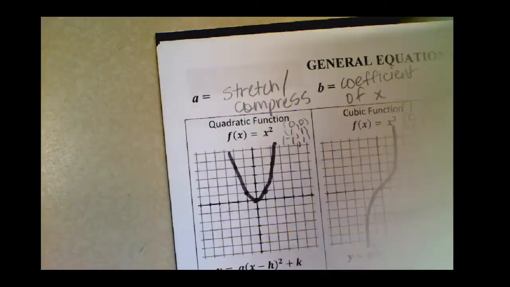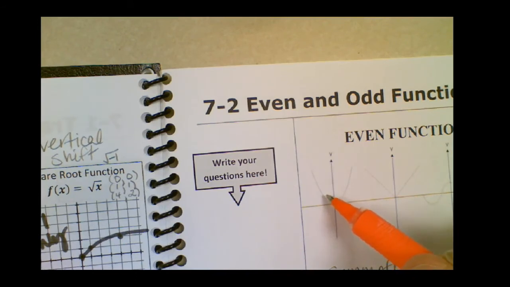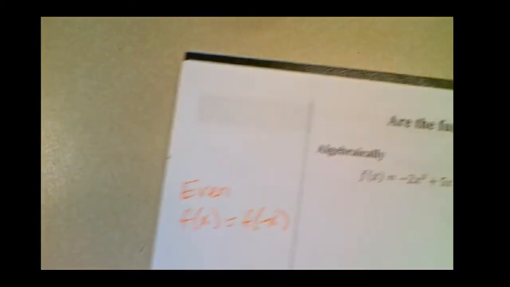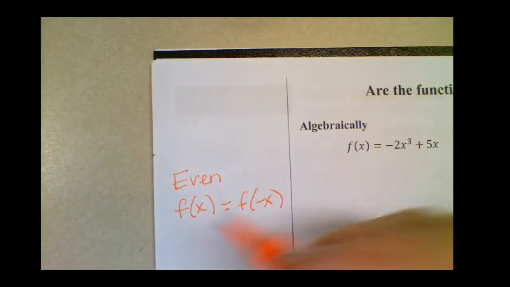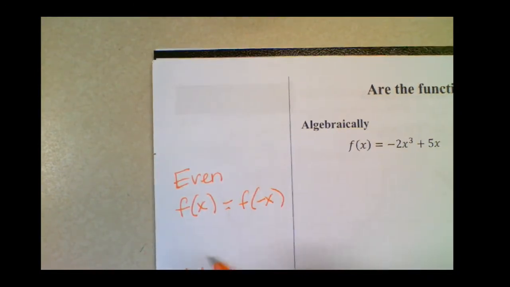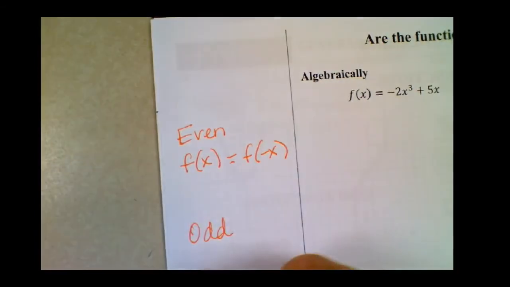When we flipped them over the y-axis, think about a parabola. When I put in 1 into a quadratic equation, 1 squared is 1, but negative 1 squared is also 1. So when I change that input to negative, I get the same output. Okay. For odd functions, the whole thing is negative. It kind of flipped the entire sign of the